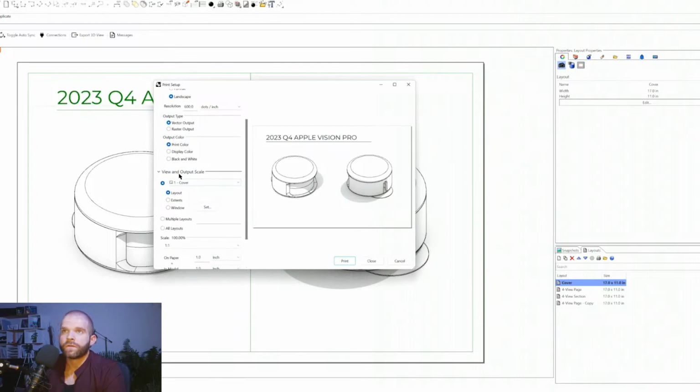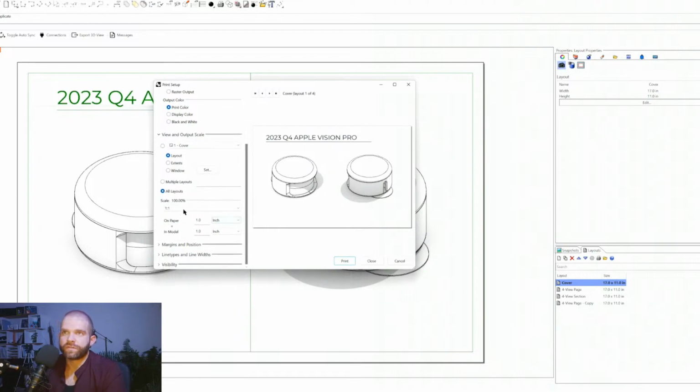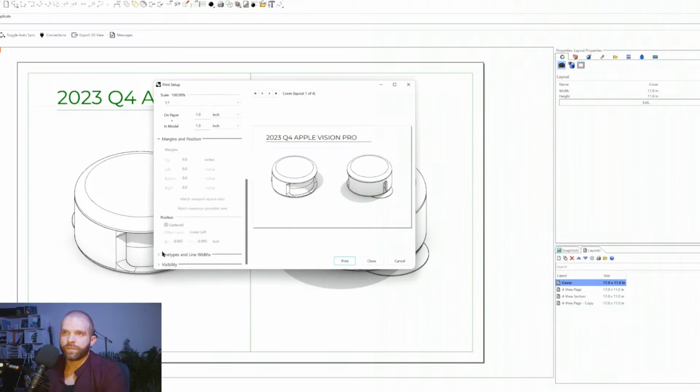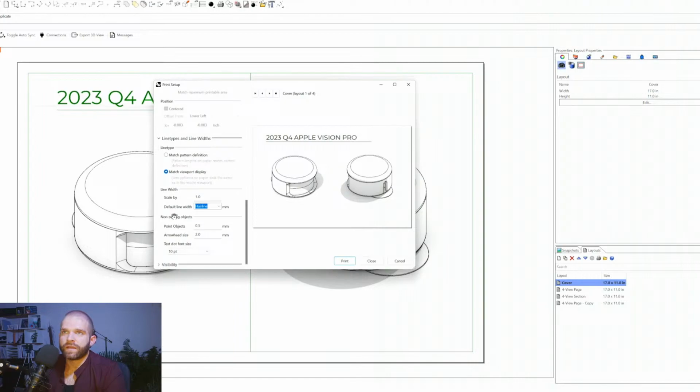View output and scale. So this is where we go here and we select to print the whole layout, and where we select all layouts or multiple layouts, and then you can specify what page numbers. The scale is 1:1, so on paper into the model right now is 1:1. If you want to keep adding margin and positions, if you want to further mess with line types and line widths, all this stuff. I didn't really go over line widths and such